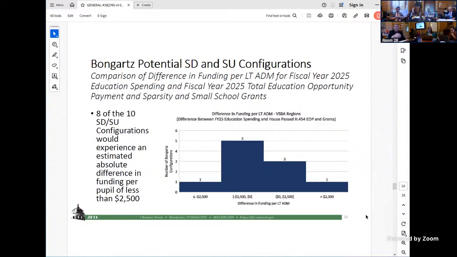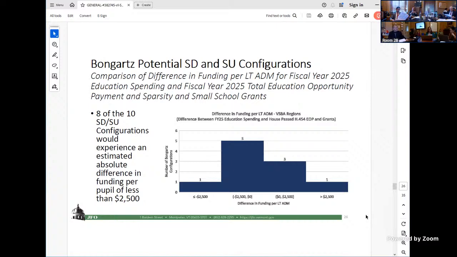Yes, sir. To compare apples to apples, why didn't you use the 119 districts and just group them into the new SUs, or in this case the 5 larger districts, to be able to see the differences from current formula to future formula? Who's winning, who's losing?